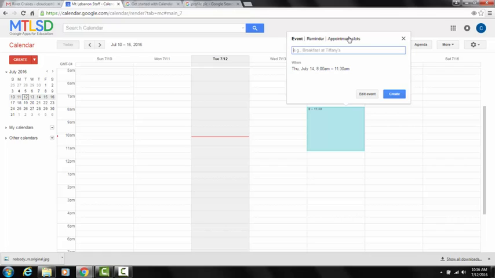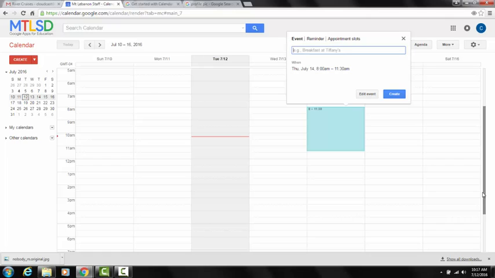These could be used for teachers, during study halls, or maybe after school if they want to offer some extra lab help. They could put these appointment slots out there. Those appointment slots will then be available to the students in that class, and the students can register for that. That's a little complicated, but I'm going to just start with an event,